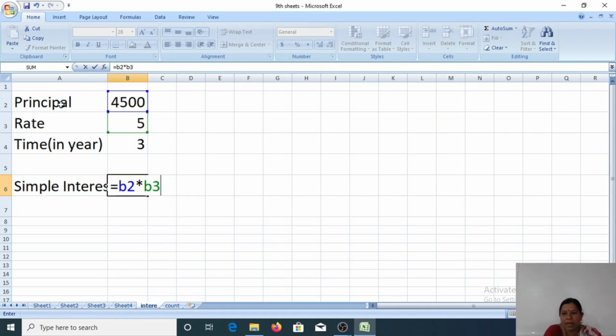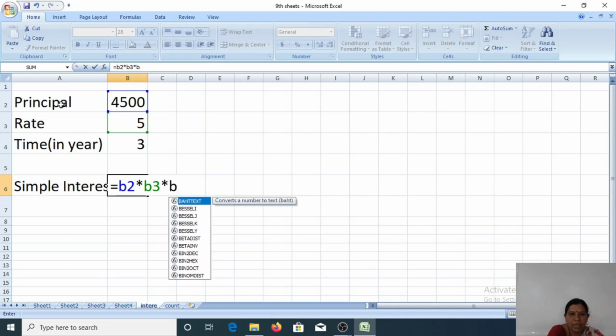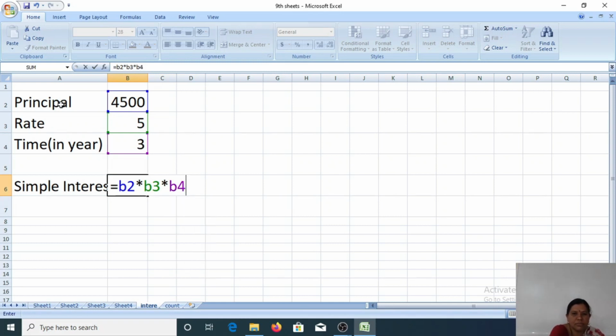We will multiply the principal amount, rate of interest and time first, and later divide by 100.